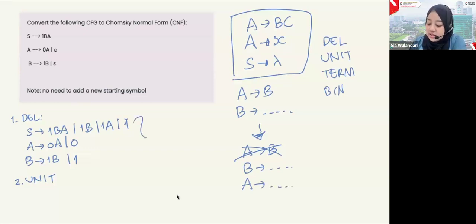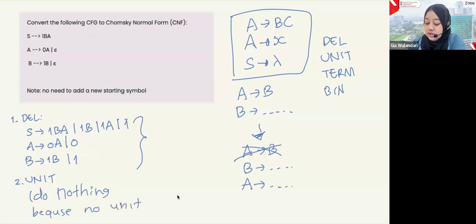But in this case, there are no unit productions, so we do nothing in this step because there are no unit rules.